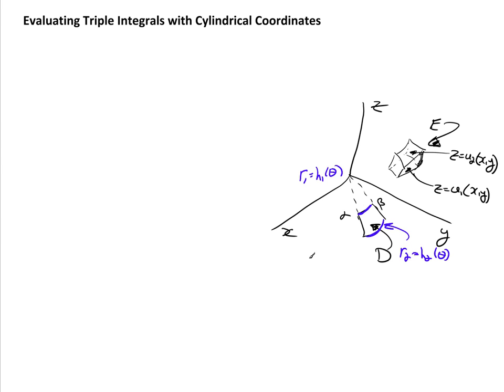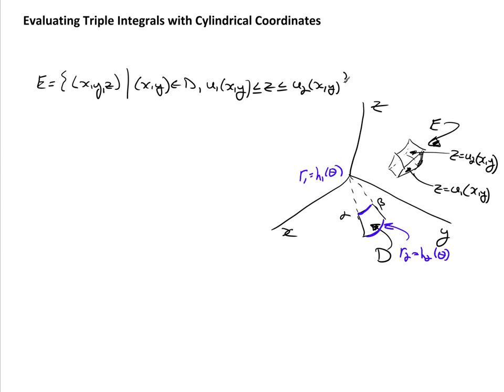So I can describe E as being equal to the set of points x, y, z, such that xy is in D and u1 of xy is less than or equal to z, which is less than or equal to u2 of xy. That's going to describe all my points in E, such that D is actually a polar rectangle